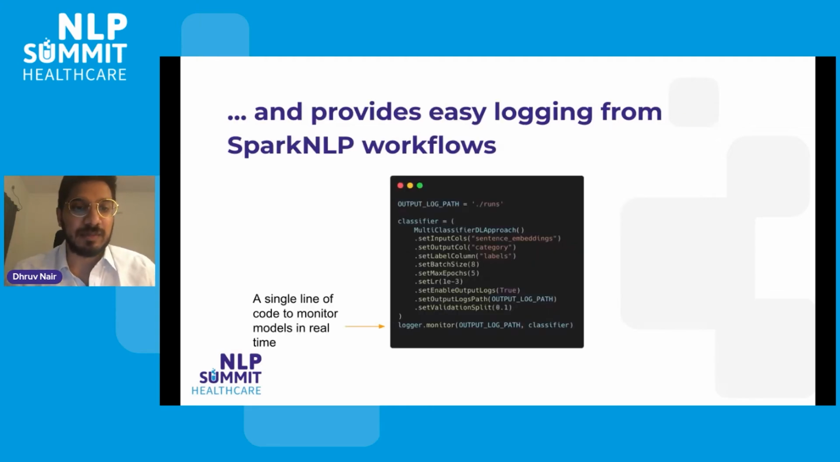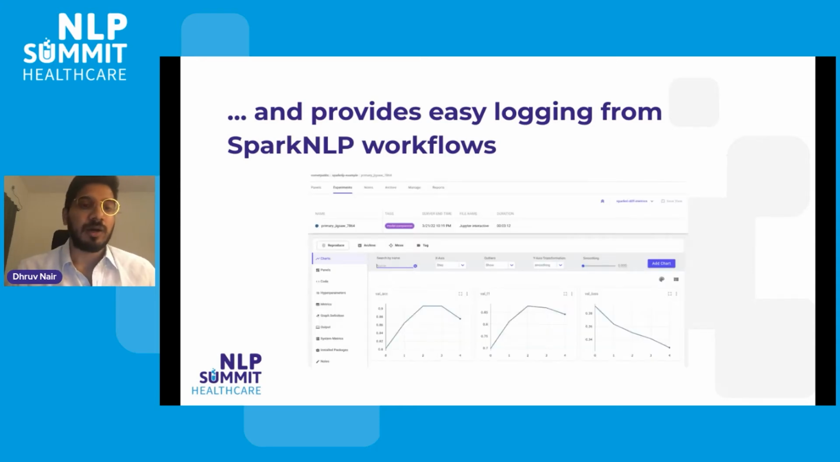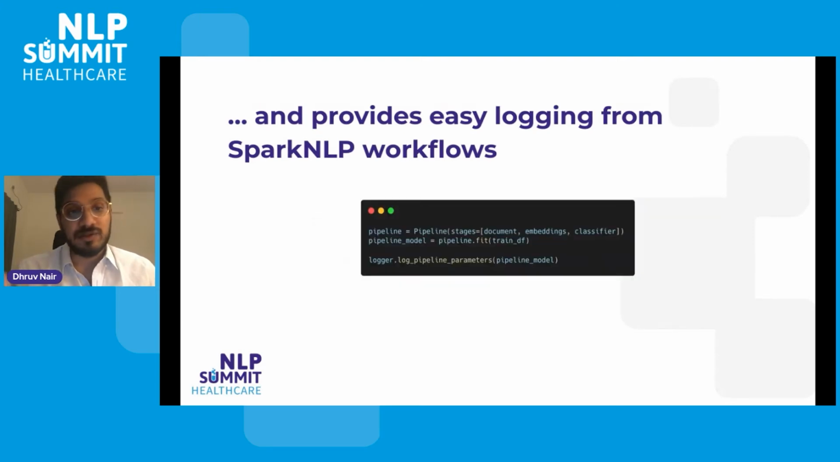So here we have an example of a classifier model within a Spark NLP pipeline, and I'm using the Comet logger to monitor the output logs of this classifier. So basically, when we run the training for this pipeline using pipeline.fit, the metrics are automatically logged to Comet in real time so that you can track the training of the model over time and basically look out for errors or anything surprising that might happen. Additionally,